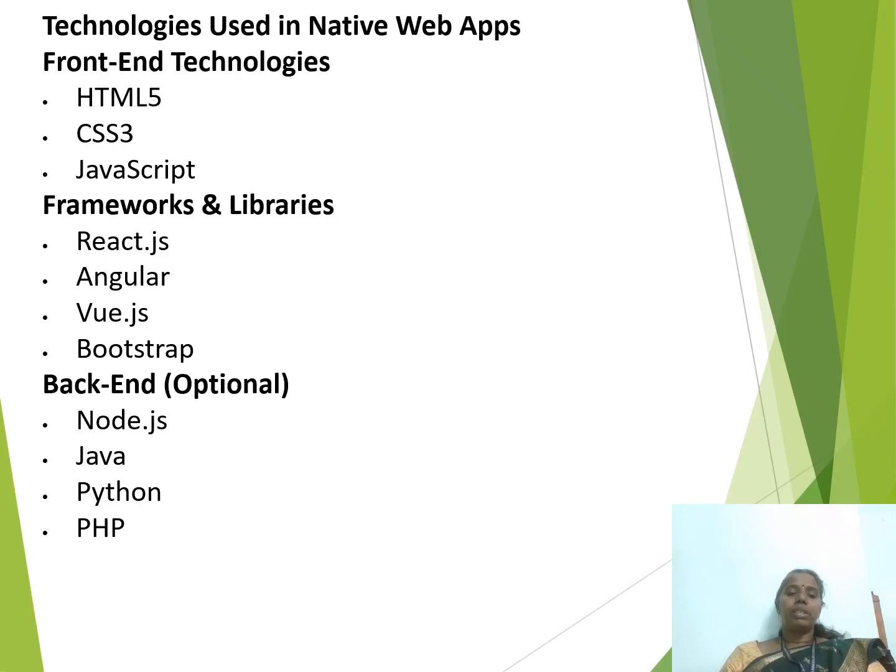The next one, Python. Python is a simple and powerful backend language. The popular frameworks of Python are Django and Flask. The features of Python are easy syntax, fast development, and good for artificial intelligence and machine learning integration. The next example, PHP. PHP is a server-side scripting language. The features of PHP are widely used, easy database connection, and it powers WordPress. It is used in websites, CMS systems, small to medium applications.